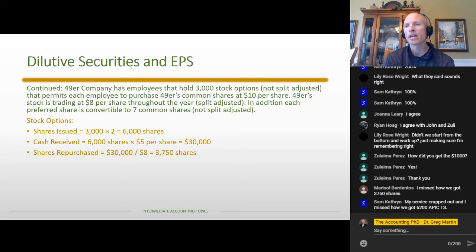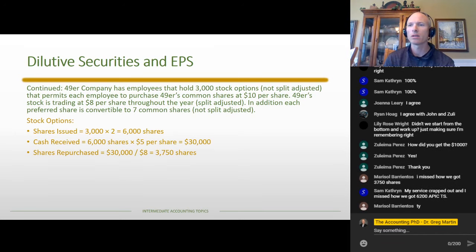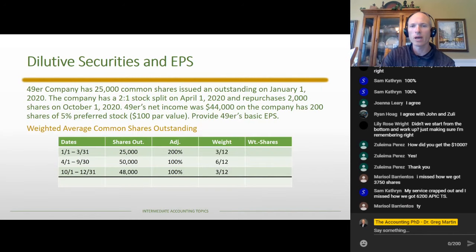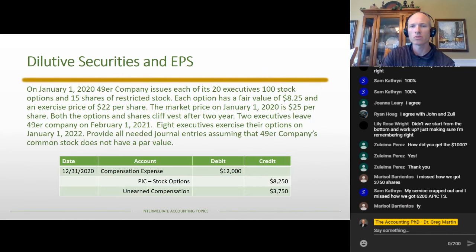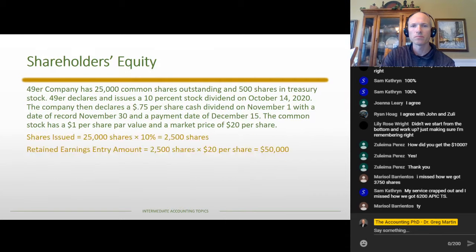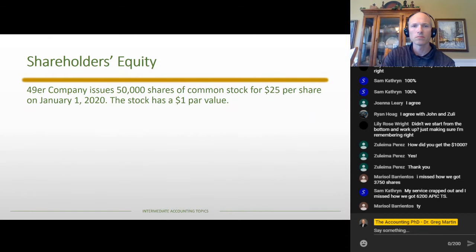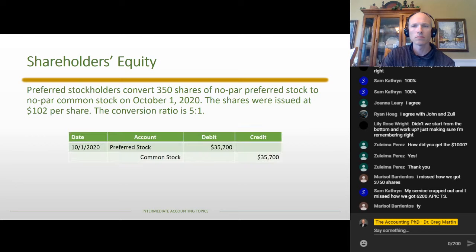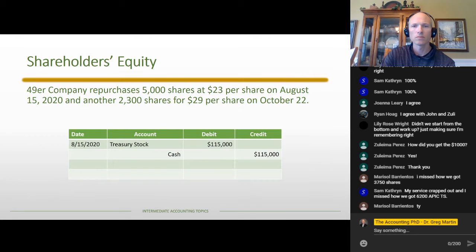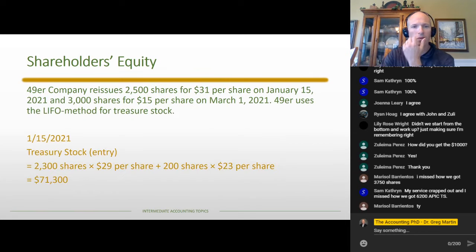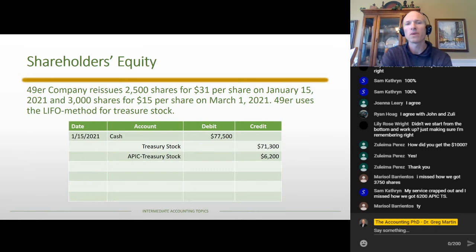And then Samantha had asked about the APIC on the Treasury stock. You're welcome, Marisol. Let me go all the way back. Shouldn't take too long. All right. So whenever we reissue shares, the APIC Treasury stock, if we think about the January 15th,